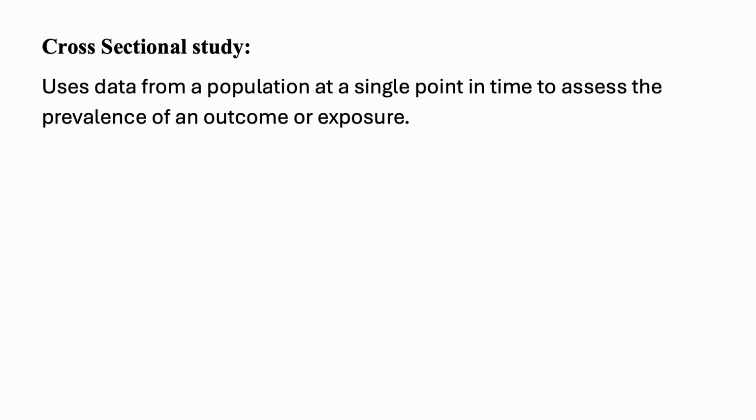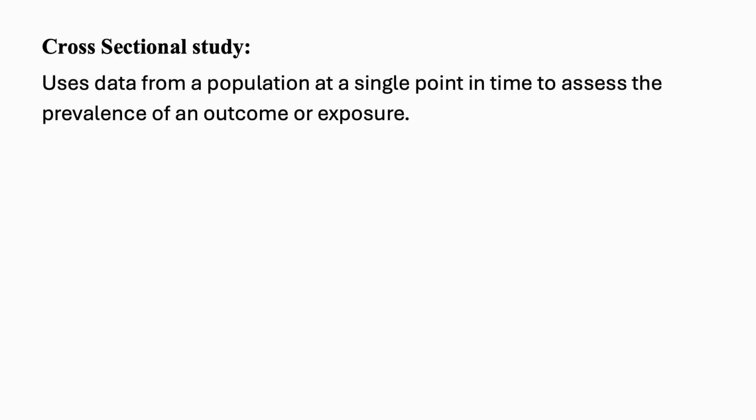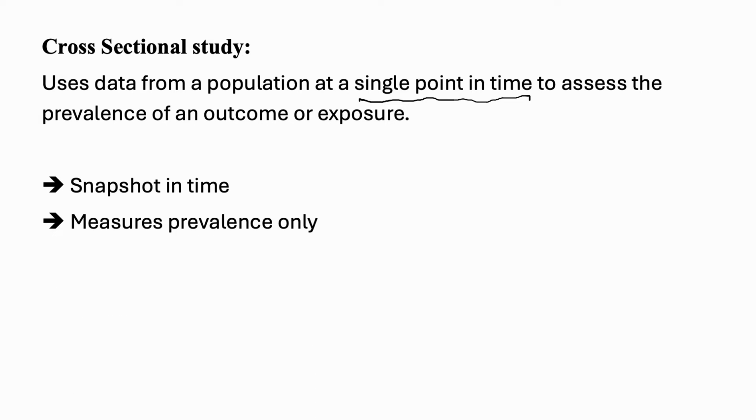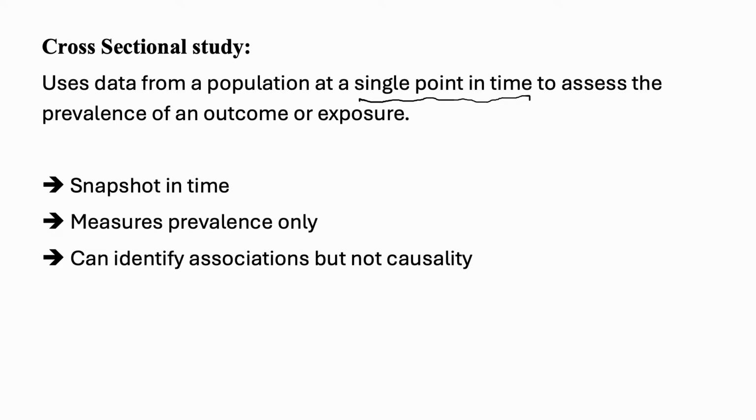All right, now talking about the different types of studies, let's talk about a cross-sectional study. A cross-sectional study will use data from a population at a single point in time, so think of it as a snapshot, to assess the prevalence of an outcome or exposure. So again, it's a snapshot in time. It only measures the prevalence. You can't look at any measure that looks at something over a period of time, so you can't calculate incidence from cross-sectional studies. And cross-sectional studies can help you identify associations, but cannot establish causality because you don't have the